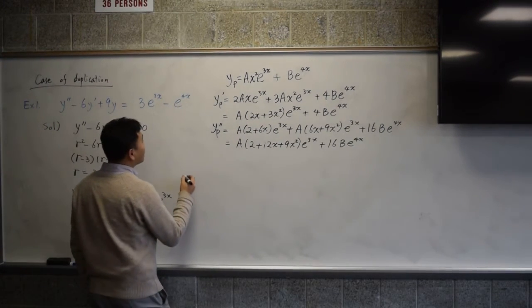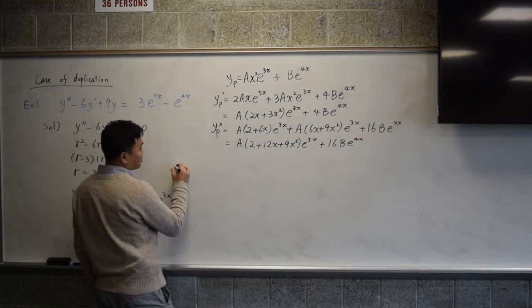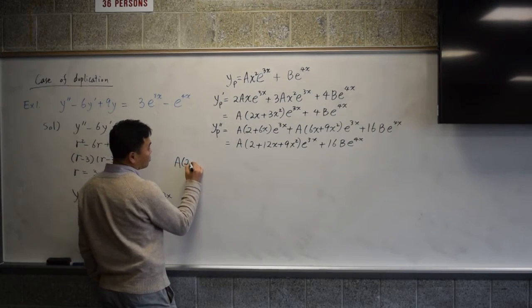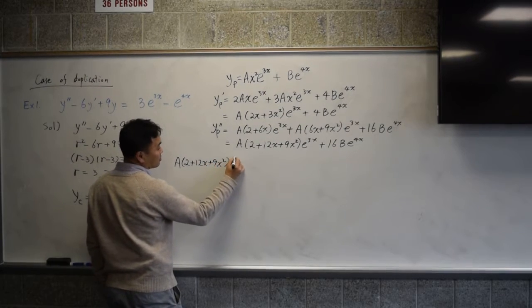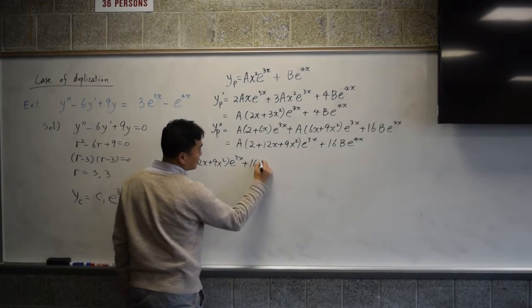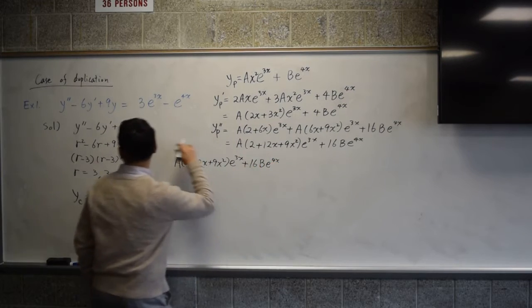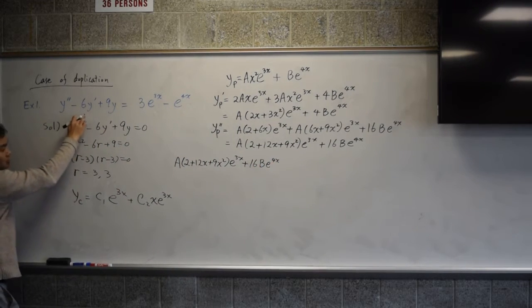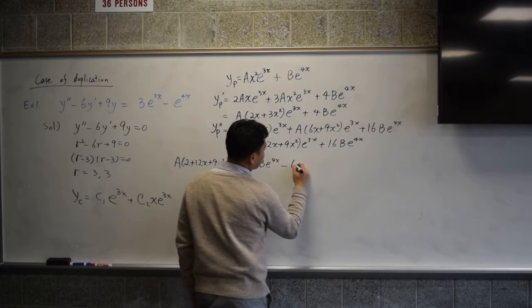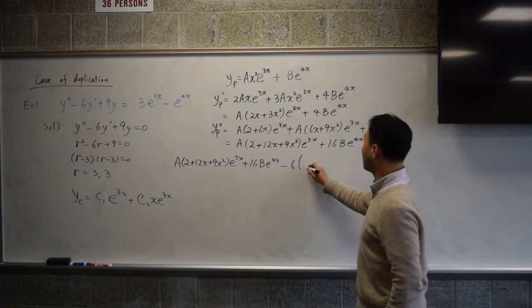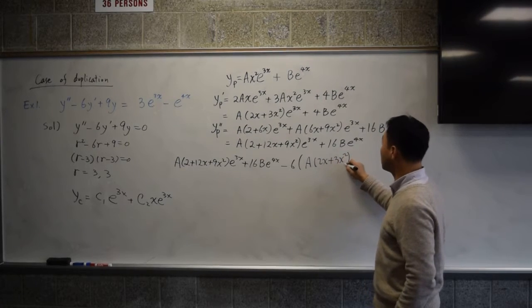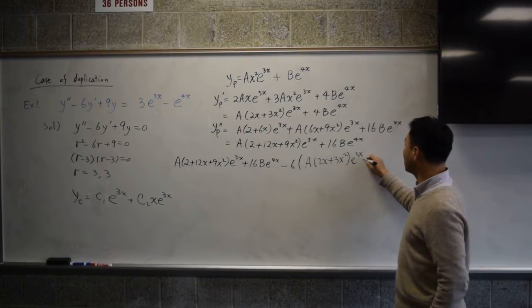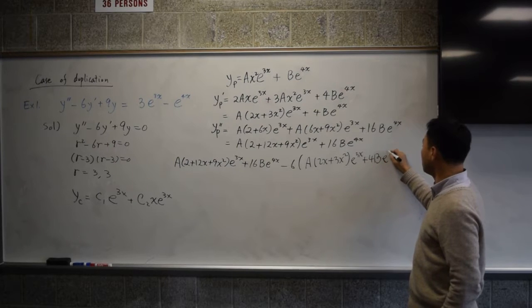Okay, so let's see, what do we get? We have a times 2 plus 12x plus 9x squared e to the 3x plus 16b e to the 4x for y double prime, and minus 6 times this entire thing, a times 2x plus 3x squared e to the 3x plus 4b e to the 4x,